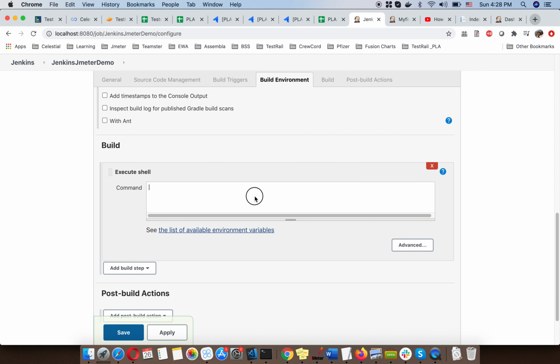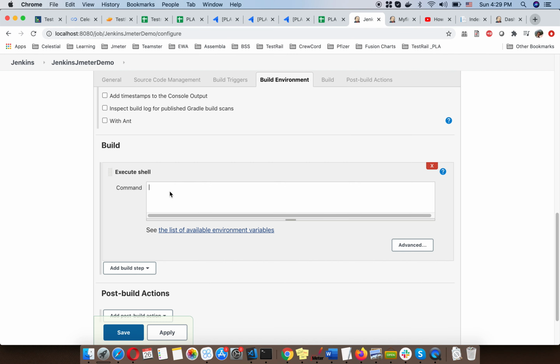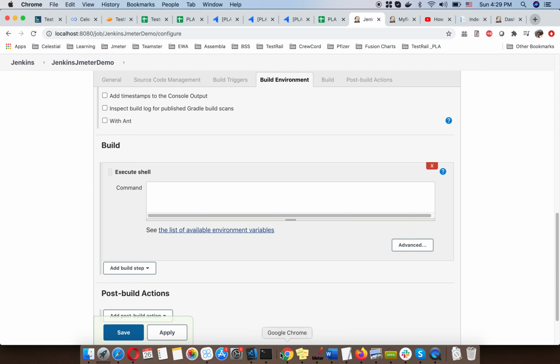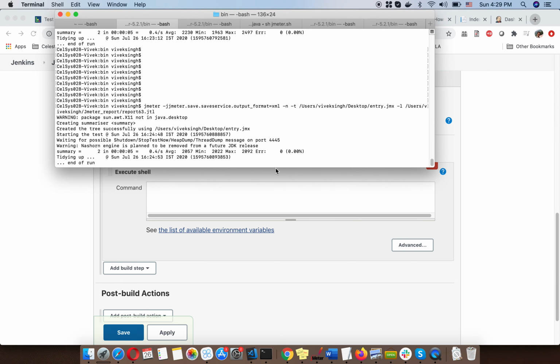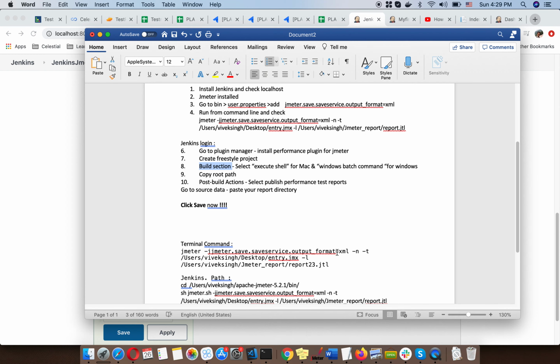So here what you have to do, whatever command we have used for execution, you will use this same command inside here. But there is a catch. What is the catch? You have to use all the root folders. You have to give the path of the root that I have already stored for me. Let me show you.